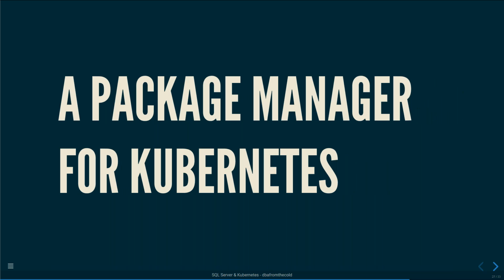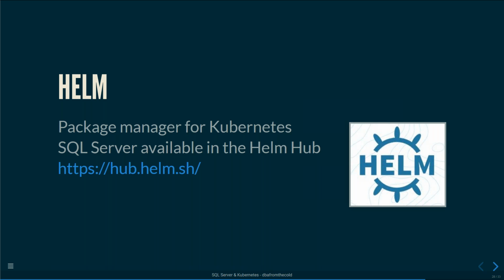Using declarative deployments is great, but you do have to manage YAML files. I'm yet to meet someone who really likes YAML. If you are working with Kubernetes, the nice thing about working in Visual Studio Code or ADS is the Kubernetes plugin will actually tell you of any formatting errors for your YAML file, say if you've used 3 spaces instead of 4. But what's really nice is that we have the option of using something called Helm in Kubernetes. And Helm is a package manager for Kubernetes. And there is a SQL Server package, or what we call in Helm, charts, available in the Helm Hub, which is very similar to the Docker Hub.